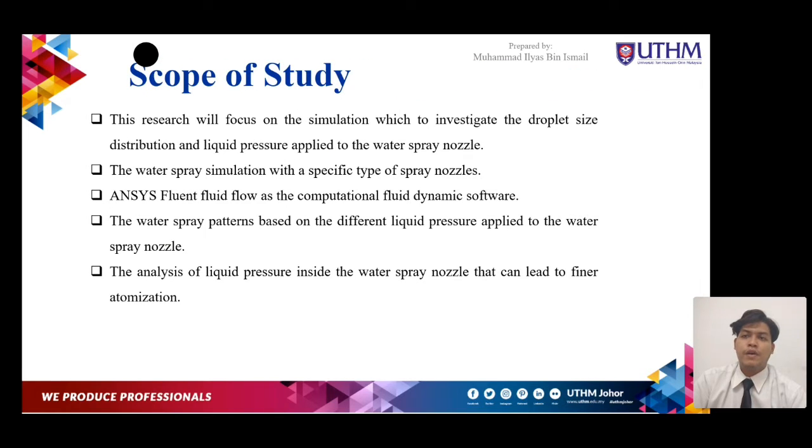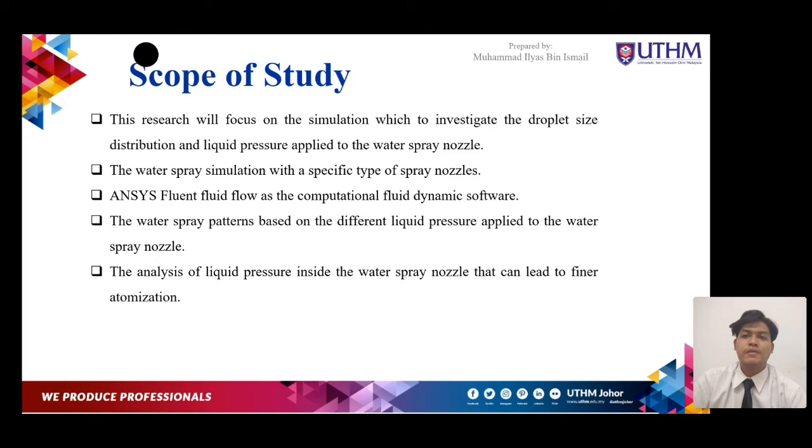I have 5 scopes of study. First, this research will focus on the simulation which investigates the droplet size distribution and liquid pressure applied to the water spray nozzle. The water spray simulation is based on a specific type of spray nozzle. For this research, the deflected flat spray nozzle was chosen because of its characteristic, which is a very wide spray with